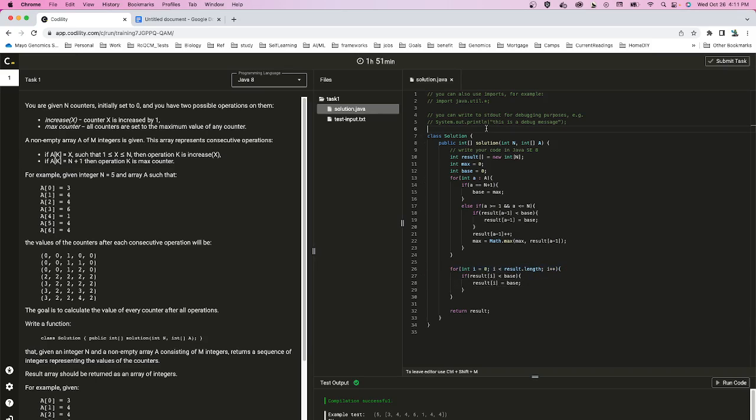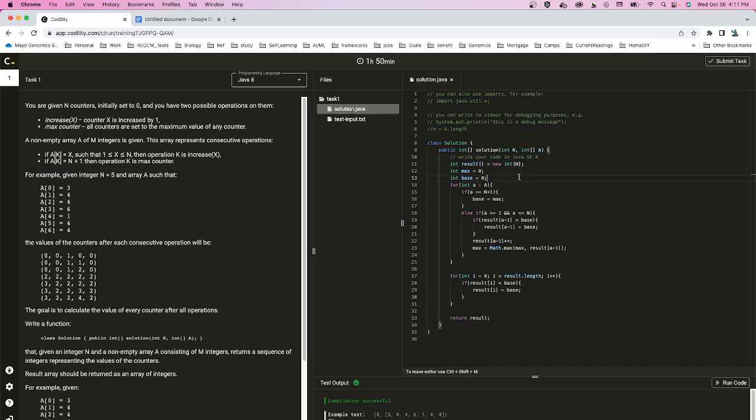If we define little n to be the length of A, then